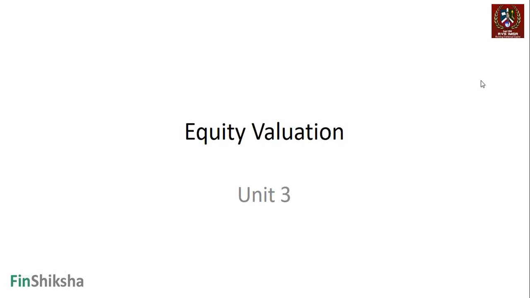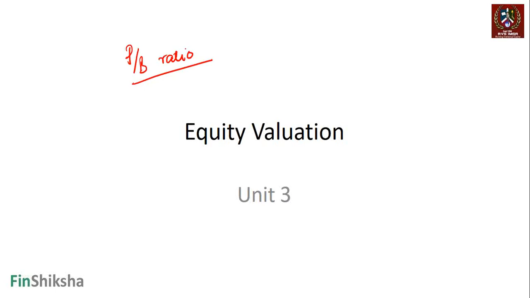In this video, we are going to discuss one of the major ratios in relative valuations, which is known as the price to book ratio. Remember, in the price to earnings ratio, there was a discussion that there are problems in assessing companies which have negative earnings. If a company has negative earnings, it might make more sense to look at some other ratios, because price to earnings would not make sense in that case.